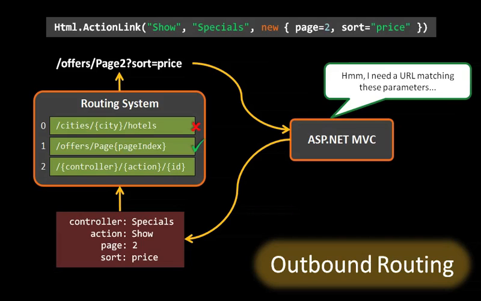So why bother with all this? Well, if you didn't use outbound routing and instead constructed URLs manually, then you'd have no guarantee that when the user followed the link or the redirection, they'd end up in the right place. Using outbound URL generation means that whenever you update your routing configuration, all your links to other controllers and actions are updated to match automatically. Let's now have a look at this in action.